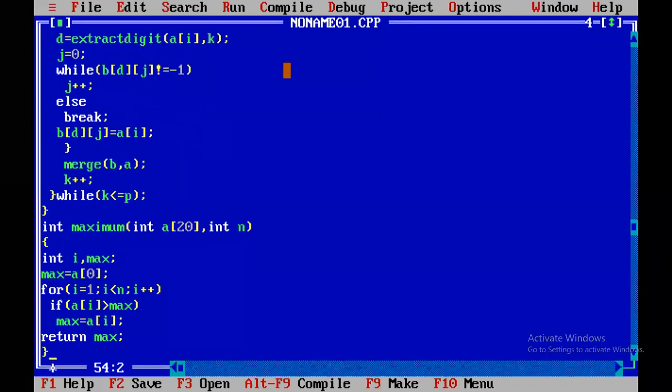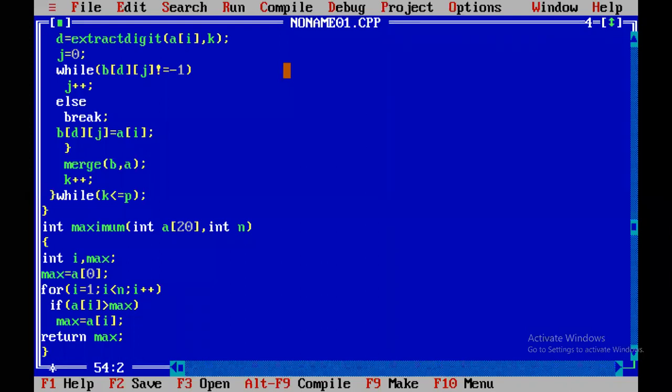How to find the maximum? To find the maximum among two numbers, we just compare A greater than B, A greater than C, A greater than D. Like this we use. To find the maximum among 10 numbers, assign the first number to max and compare the remaining numbers with max. If a number is greater, assign it.